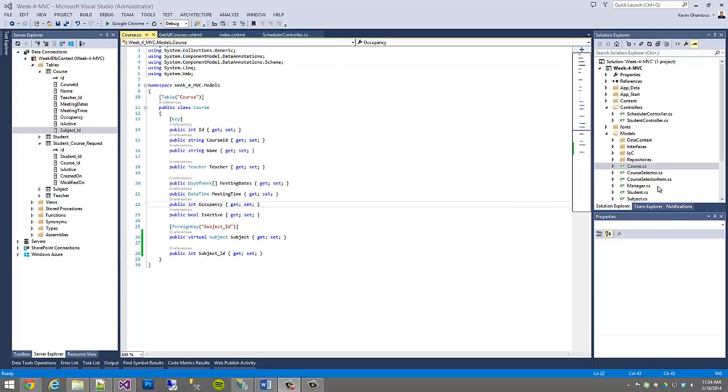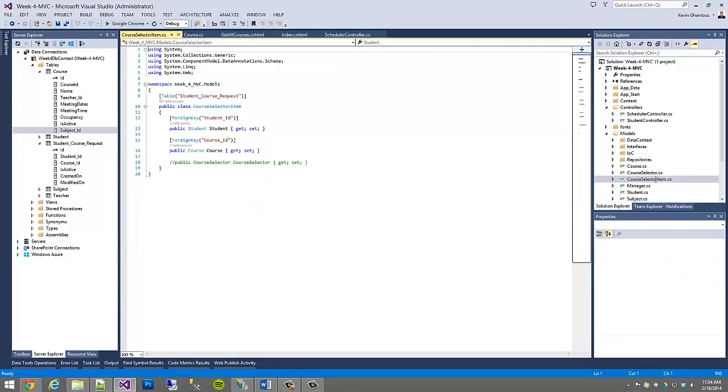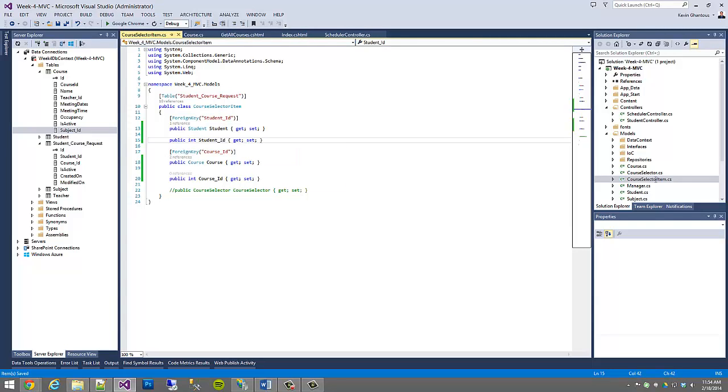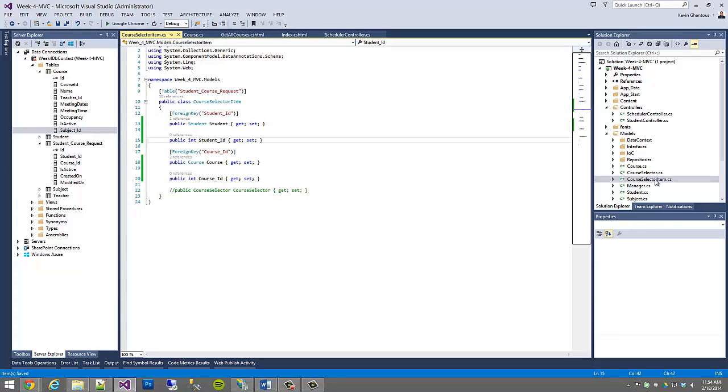We will also need to do the same thing on the course selector item, because we have course IDs here. So we'll say public int course underscore ID and public int student underscore ID. So those will act as our mappings. So that should take care of things. So now if we run,